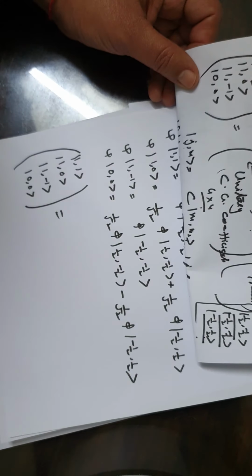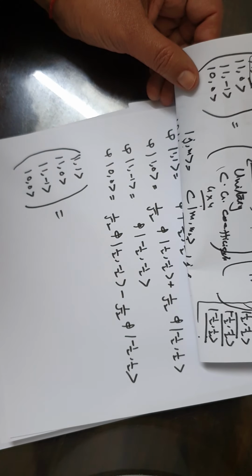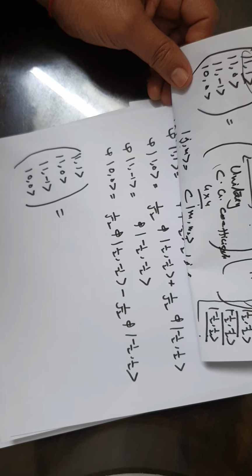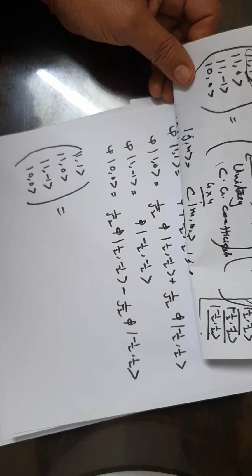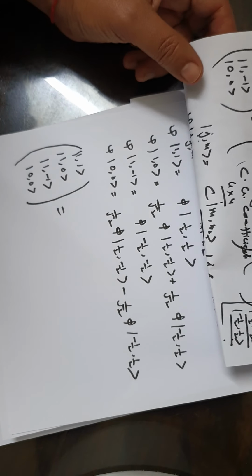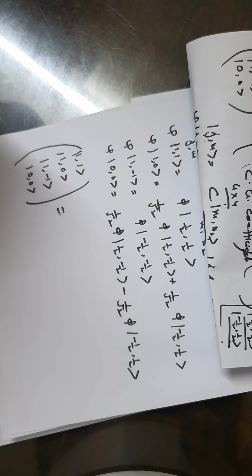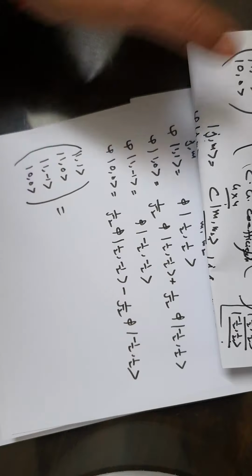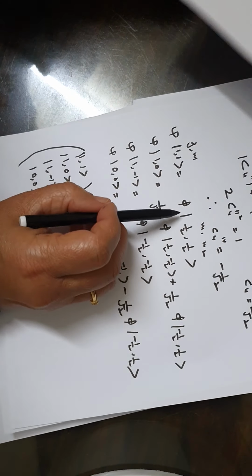Here the first coefficient was, it was the coefficients, the 4 states which we had are